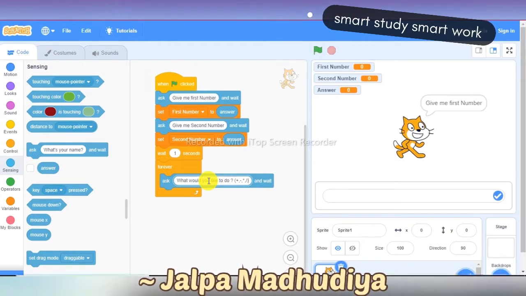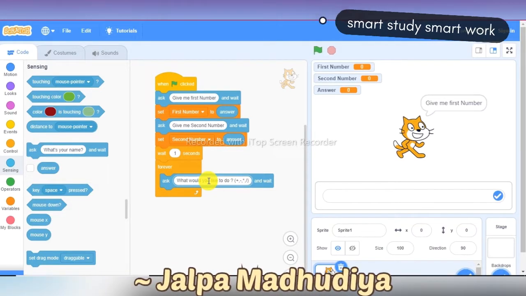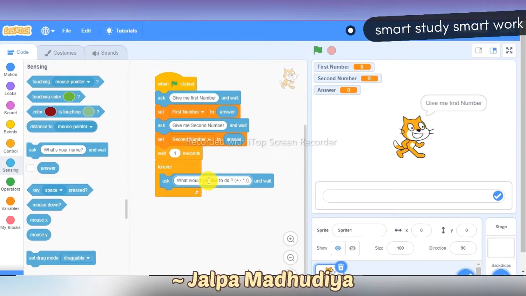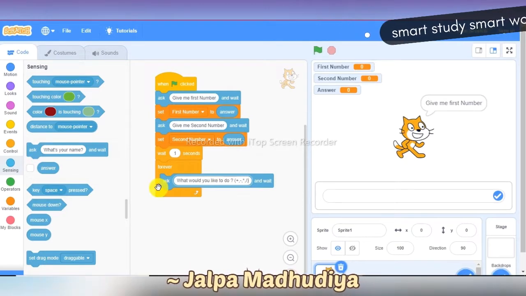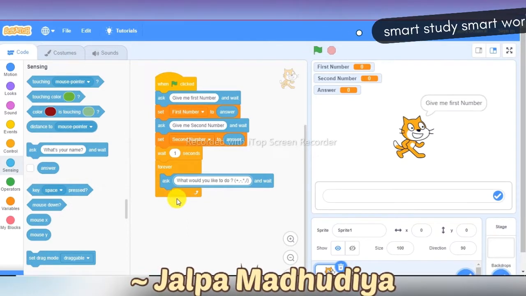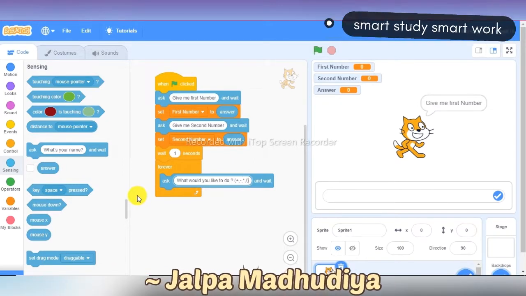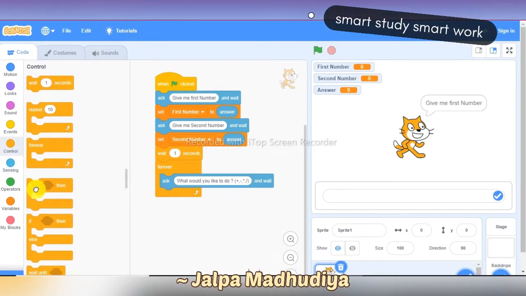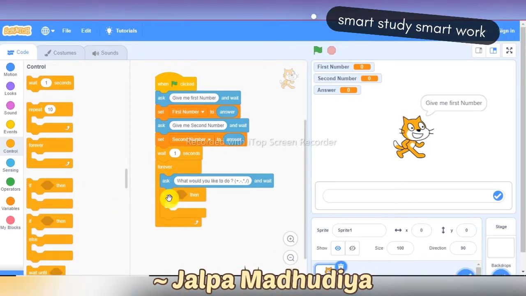Next, I am taking the if condition. What are conditions? To put a check in any problem, a condition is to be applied. It allows the program to select actions based upon the user's input. So here, based on the input we have given, it will perform according to the condition. Suppose I pressed plus on the keyboard, then it will do addition. I will take the if condition from the control block.